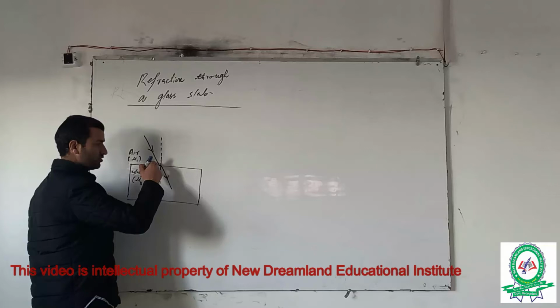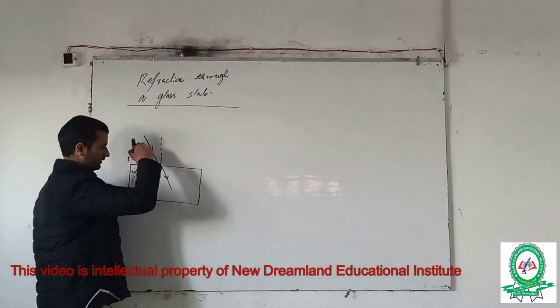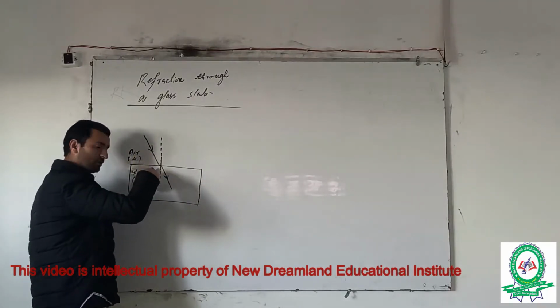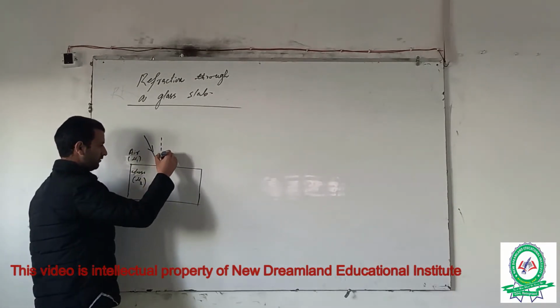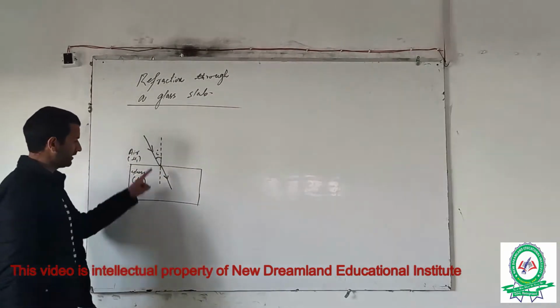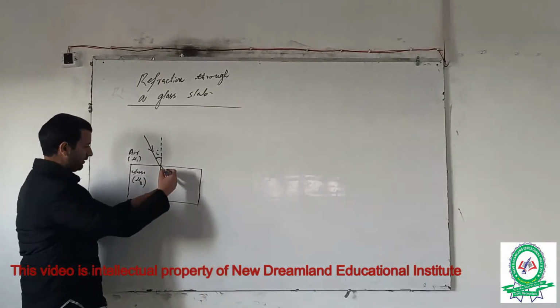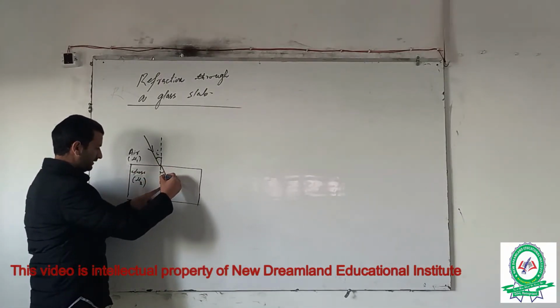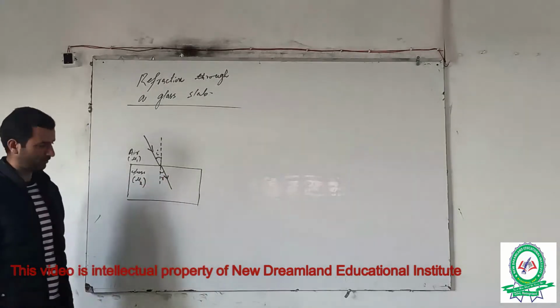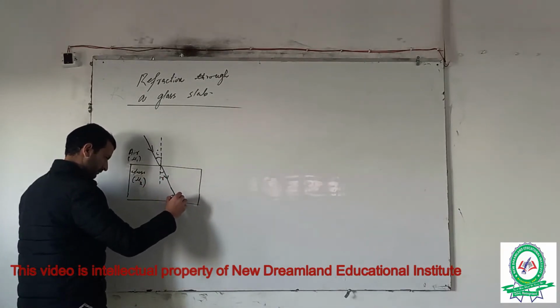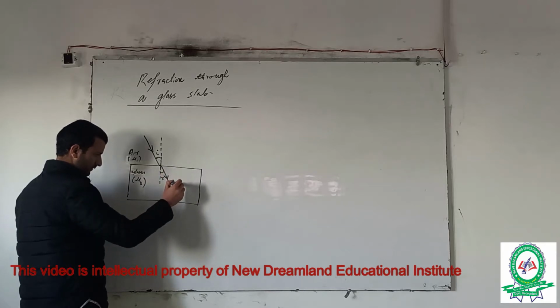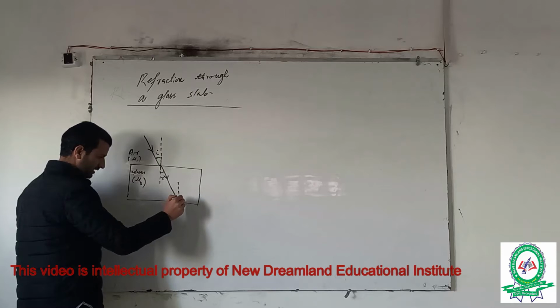So this is the light ray जो पहले air में travel कर रही है, then it goes into the glass and bends towards normal because it goes from rarer to denser. And this is the angle of incidence, angle incident ray makes with normal, and this is the angle of refraction, angle refracted ray makes with the normal. And ये जो refracted ray है, अब ये फिर से इसकी refraction होगी